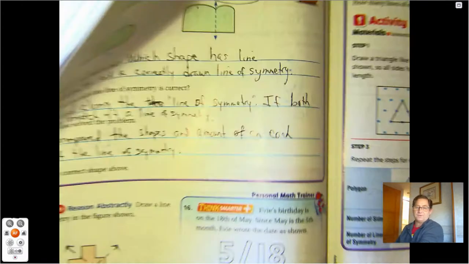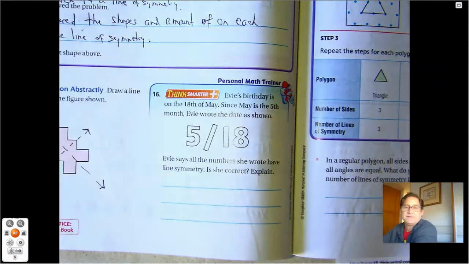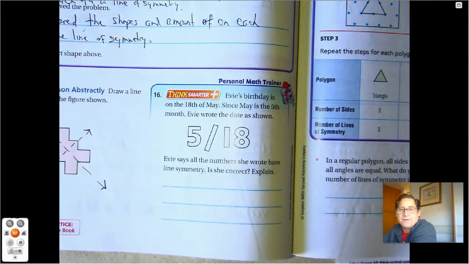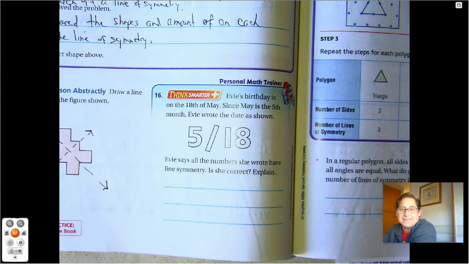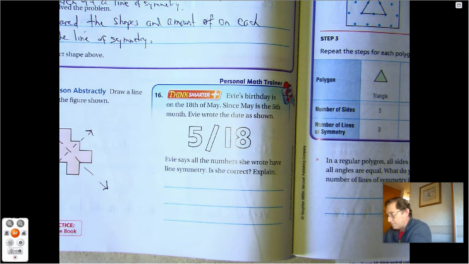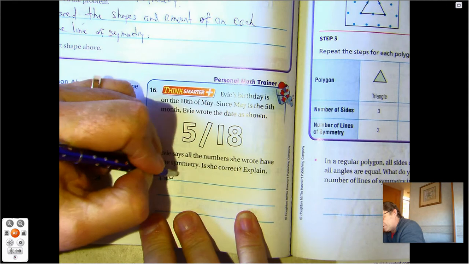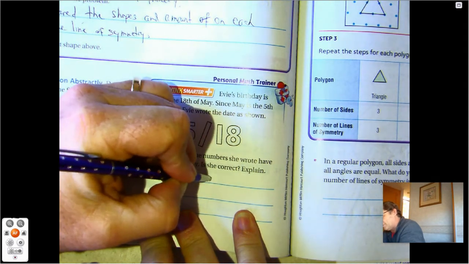And number 16. Evie's birthday is on the 18th of May. Since May is the 5th month, Evie wrote the date as shown, 5/18. Evie says all the numbers she wrote have line symmetry. No, she's not correct. There's no way to fold